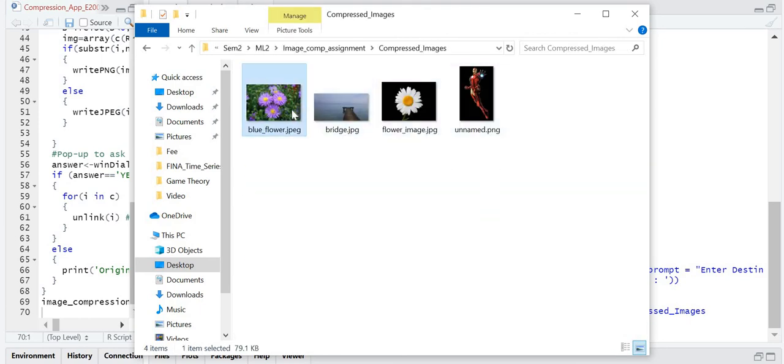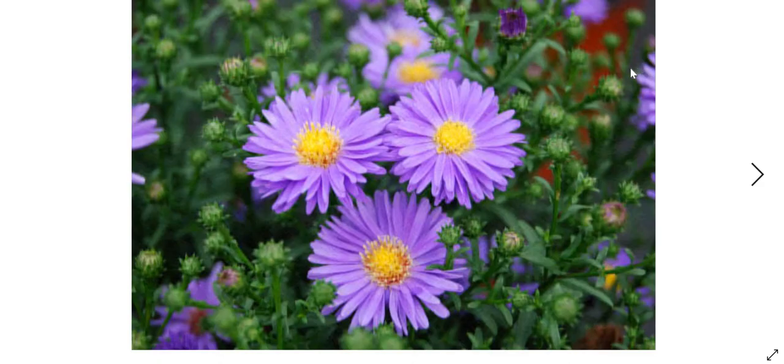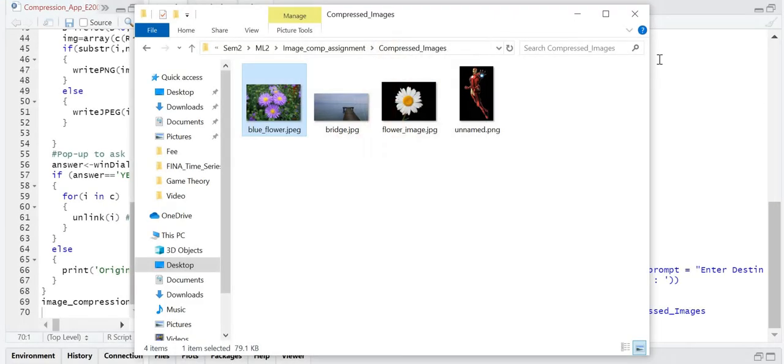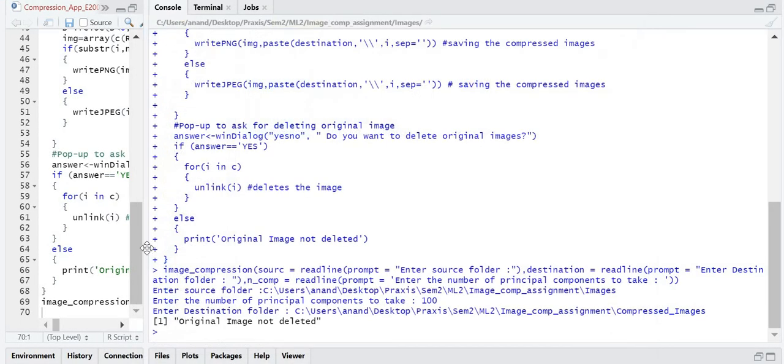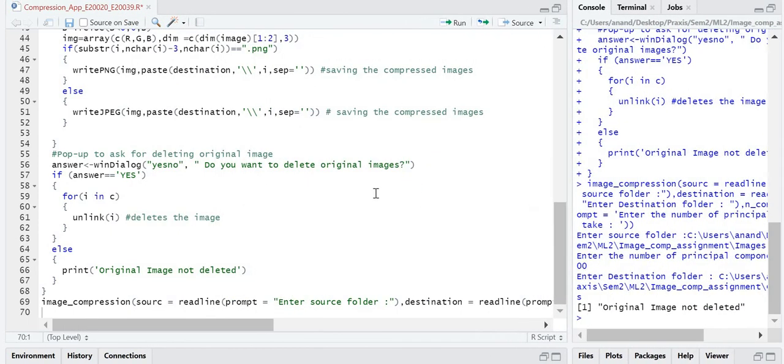Voila! I can see the compressed images in my destination folder. So the function is working and the images have been compressed.